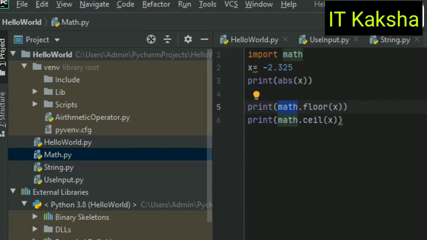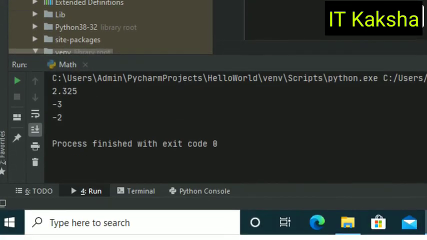Let's look at some more examples. Now we'll go for